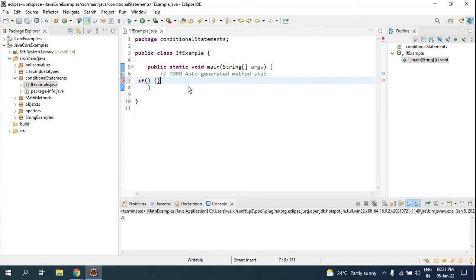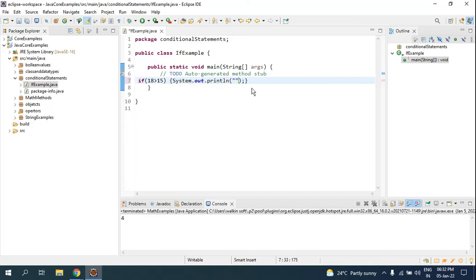So this is the syntax you have to follow. Here you will be giving the condition. I'll give the condition: 18 greater than 15. Is 18 greater than 15? If it is a yes, I want this to be executed. So this is the syntax.